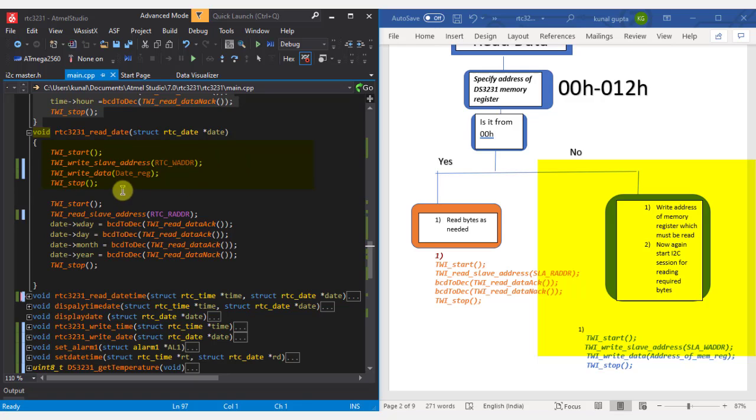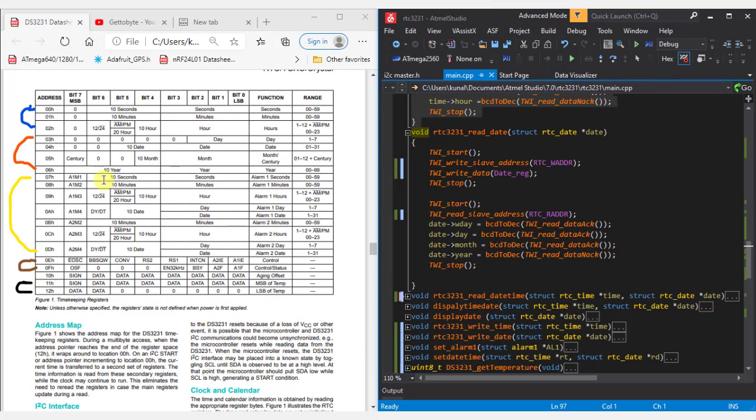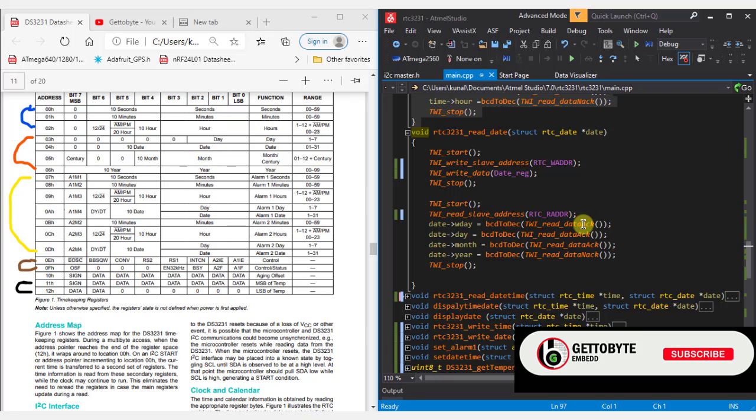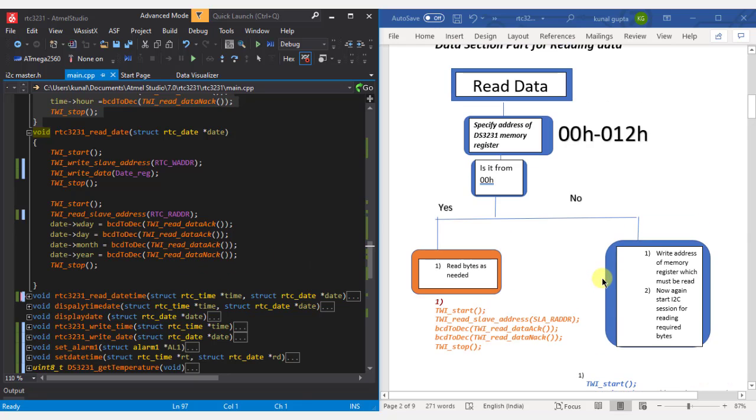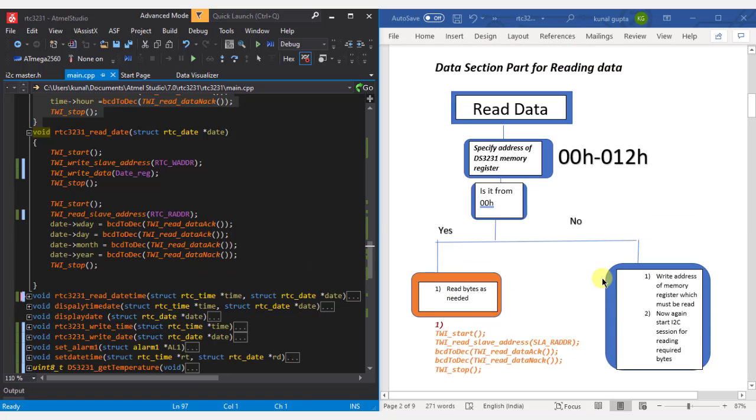So now it will directly start reading the data from 03h, because our date register starts from 03h. As there are 4 registers, for the first 3 bytes we will use the data acknowledge, and then for the last byte we will use the data not acknowledged. The reading operation seems complex, but once you understand, you will get it very easily.